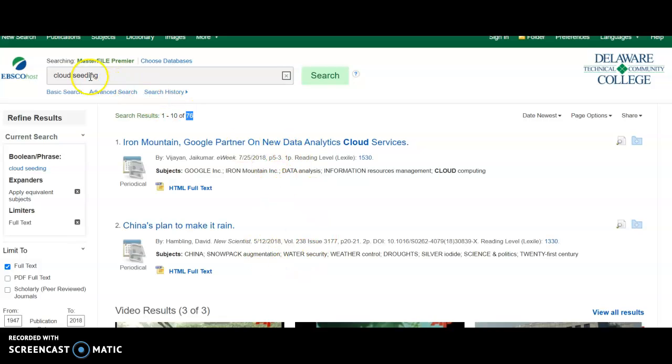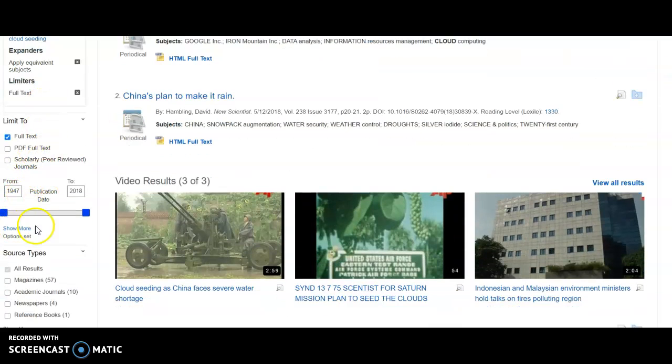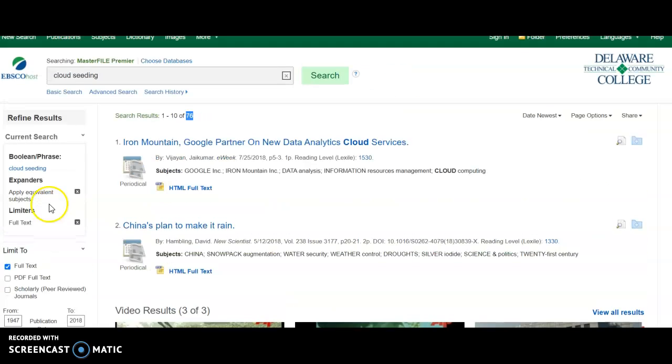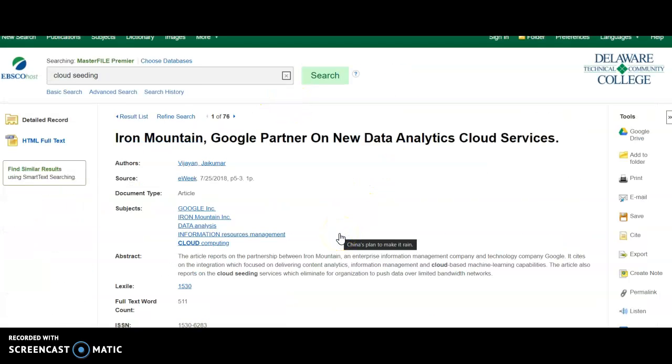If at this point you want to research, you can do that here. You can change the database that you're searching in here, or you can come over here and limit your search results further. Once you've found an article that you want to use,